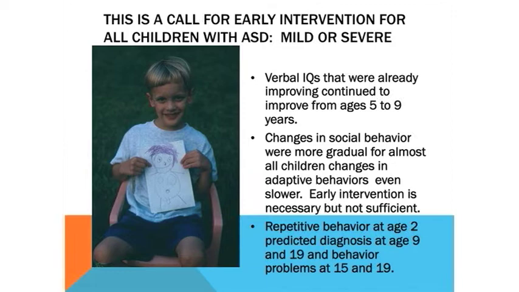I also think that changes in social behavior were more gradual than just about anything. And that makes sense because you think of how complicated it is to figure out how to behave with other people. I think that means a lot of things. I think it means that early interventions need to emphasize social behavior more, which certainly things like ESDM do. That was not the case when we were doing discrete trial or TEACCH, actually, 20 years ago. We weren't emphasizing social behavior. That kind of just tagged along.